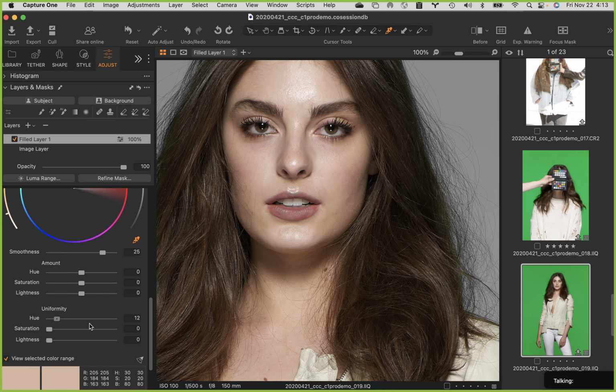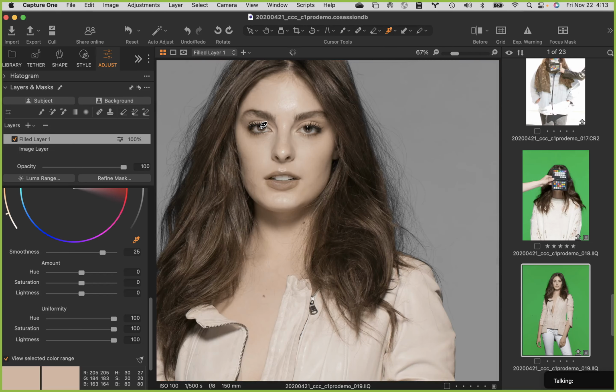I'm going to grab the hue, saturation, and drag it up, the uniformity, and the lightness. All three of them go up. And you can see what a weird thing that does to her face. It makes it really, I mean, it's like super flat face, right? Again, if you turn your adjustment layer on and off, you, again, don't see anything because, again, I left the view selected color range on when I made this. So throw the layer away,